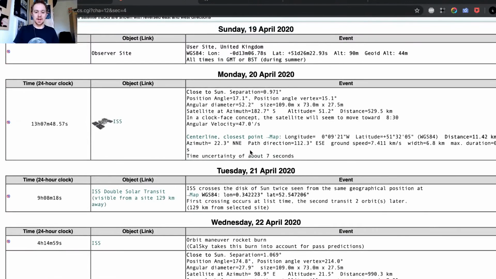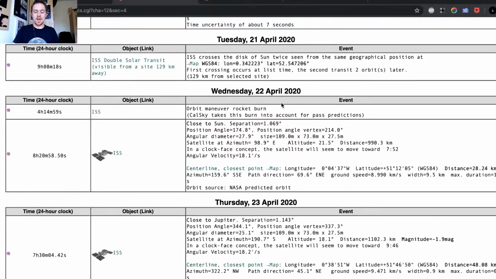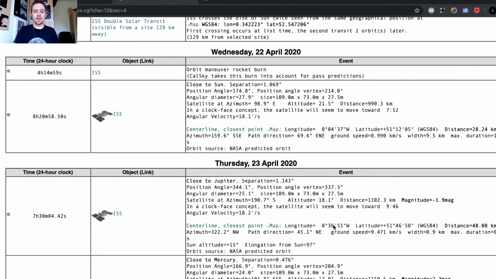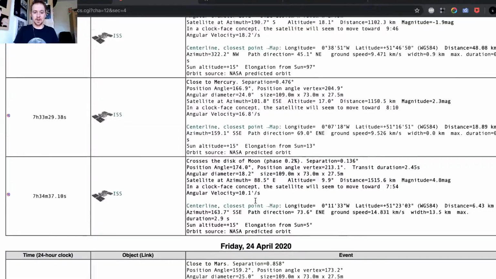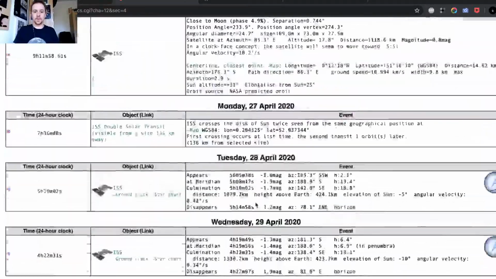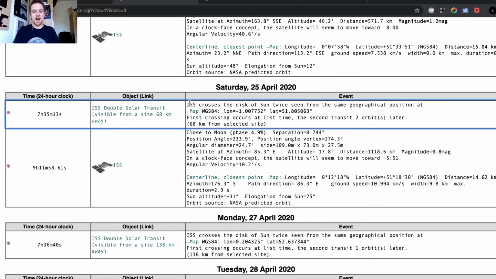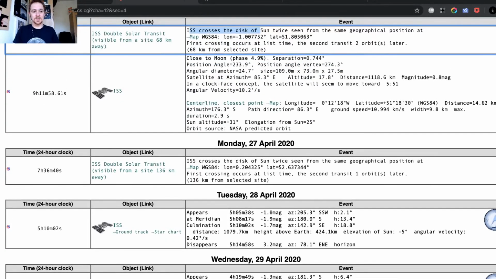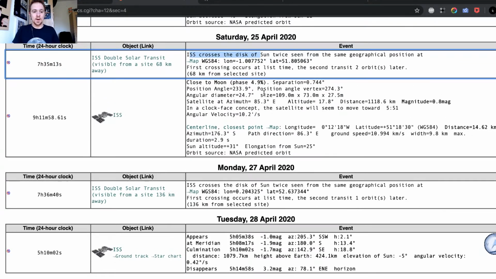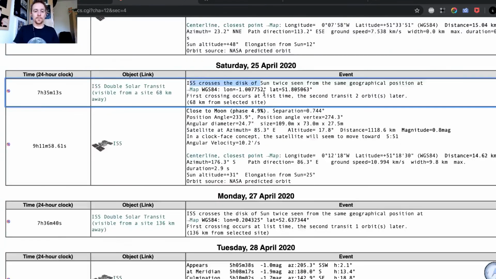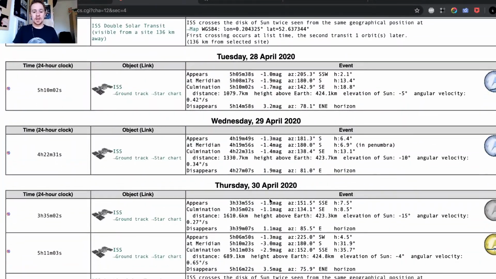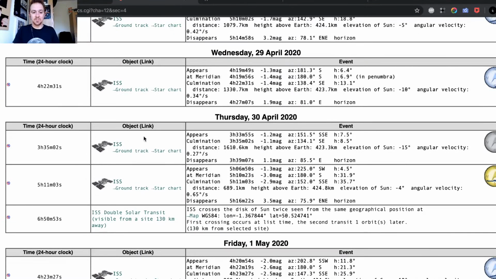You see that it says, yes, so it's not just the flybys, this is now showing all the transits, so anything that's close to the sun or Jupiter or anything like that. But if I scroll even further down, then you see it's not showing, let's say, ISS crosses the disk of the sun, twice, double transits. Okay, that actually sounds really interesting because there will be 1 and 2. All right, interesting. Wow. Okay. But when you go down, you will see these are just plain numbers. There is no